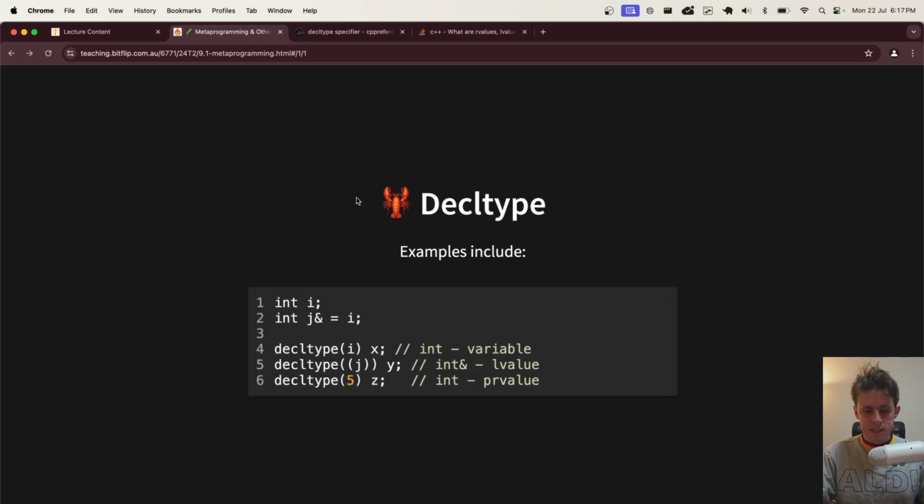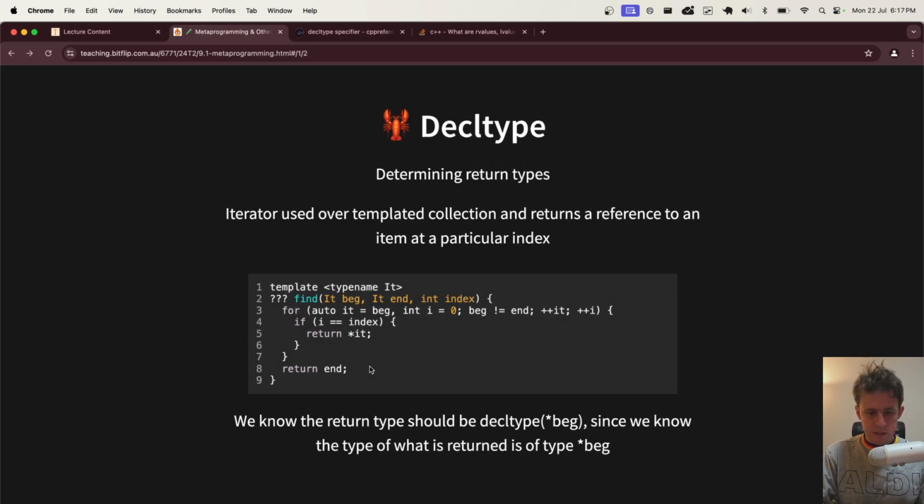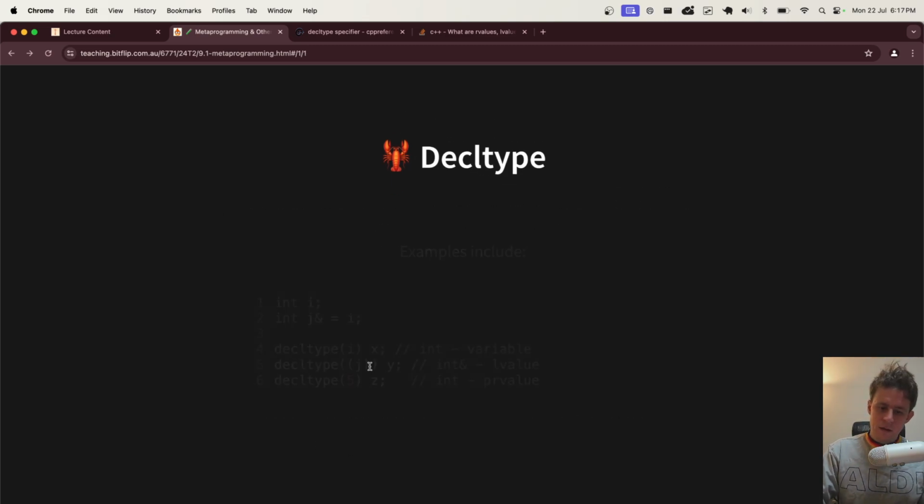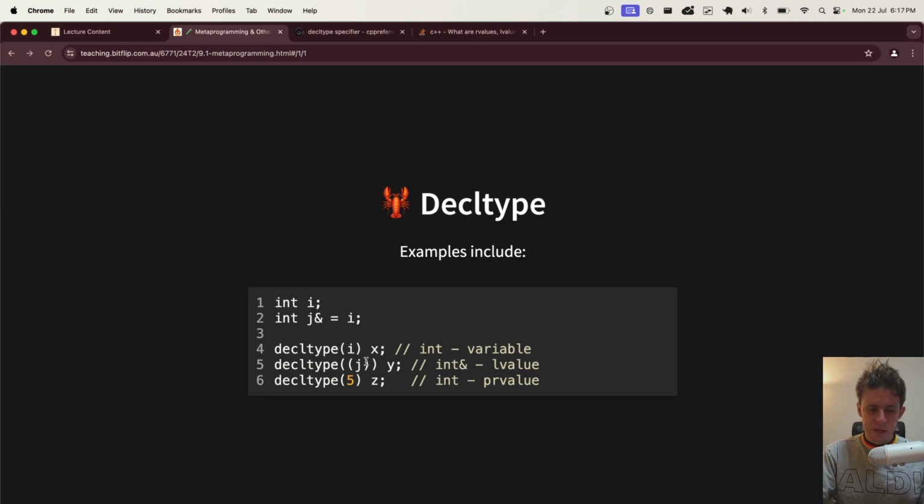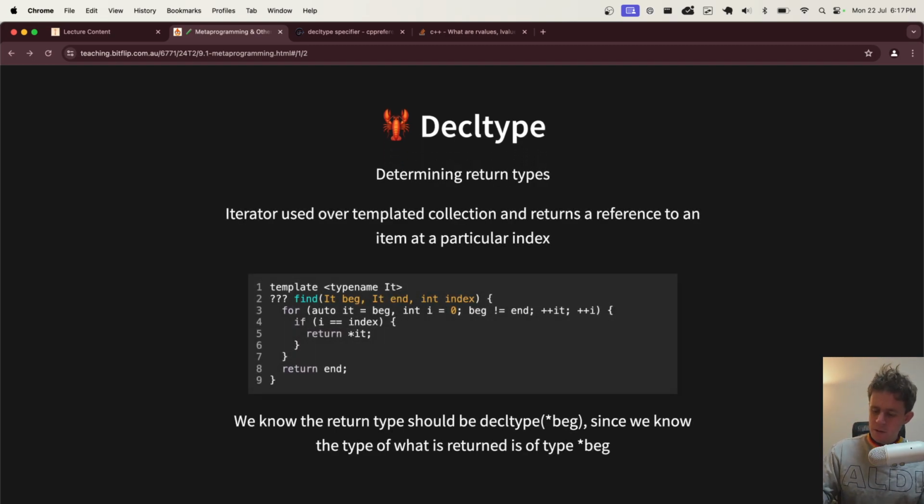I'll come back to the questions about the double parentheses. I think that's something to do with L value. I'll try and get that off the top of my head. I'm not sure though. I might have to rain check you on the double parentheses, but it definitely has relevance to do with the fact that it's a reference. So yeah, I might come back so I can make sure that's exactly right.